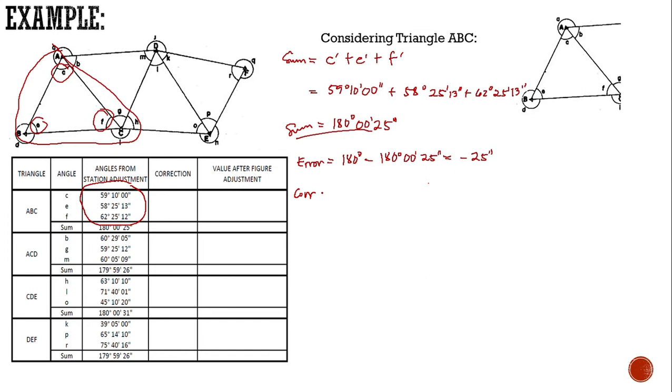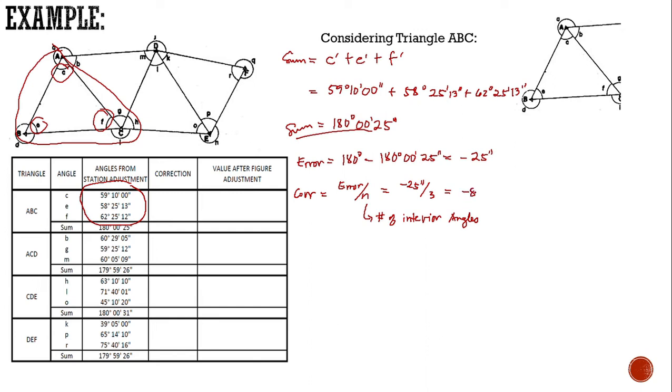Dividing this by n, where n is the number of interior angles in your triangle, we get our correction. Negative 25 seconds divided by 3 is equal to